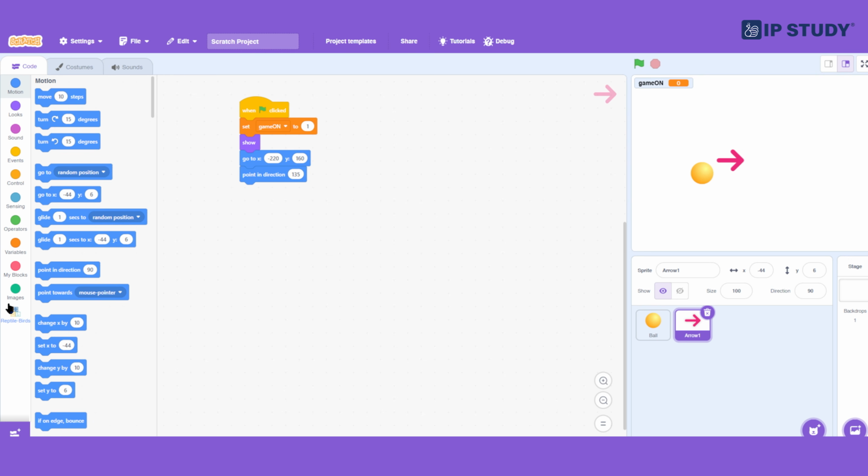As we can see, this will reset the game. The original arrow sprite is shown and the game on variable is set to 1. So as we can see, our game arrow has been set now. Now I'm going to create